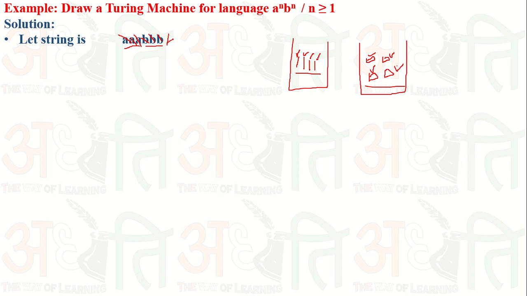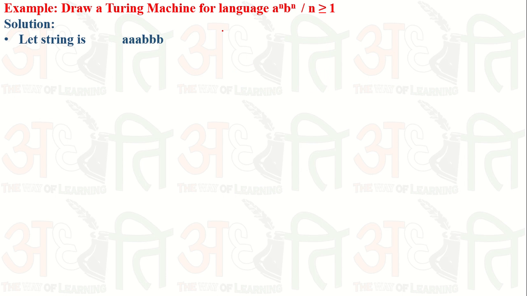Suppose there is one extra B and it is unmarked, then we can say it is not equal, or the string is not in this particular language. Or suppose we have an extra A, not an extra B, then again the same thing: one can easily identify that A is extra, because it is unmarked. So it is the process of the Turing machine which we are going to follow over here.